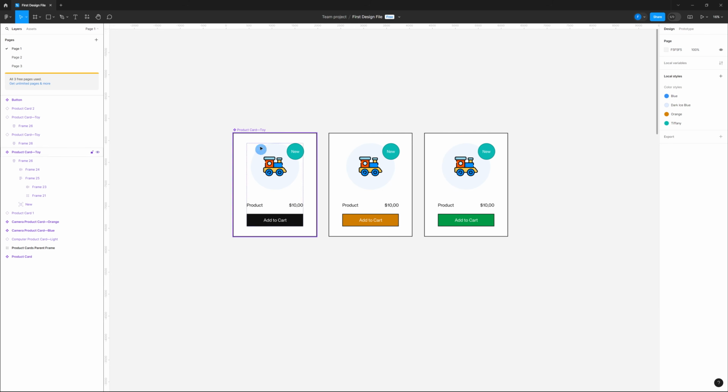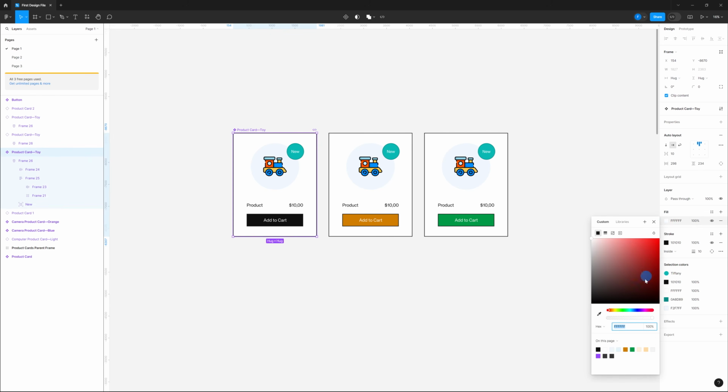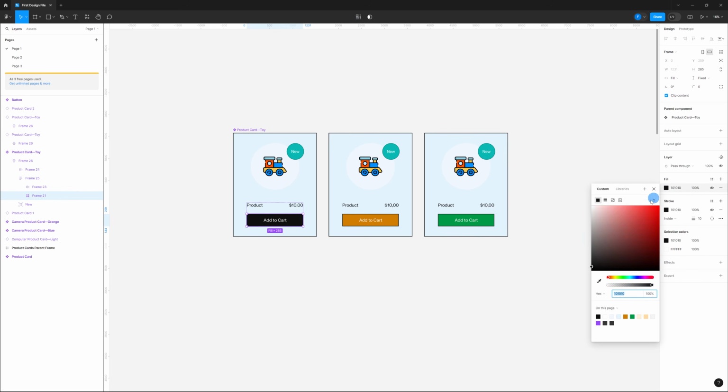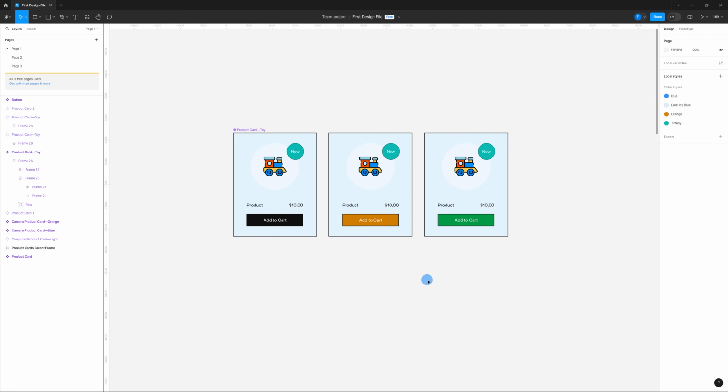But let's change the background color of this main component right now. Let's change it. And as you can see, they are still linked. But the buttons of these instances are detached from the main component. So if we change the background color of the button of the main component, you can see that it doesn't change the color of these two buttons. And that's because these buttons are detached from this component. This way you maintain the flexibility to customize specific instances while keeping the benefits of using components for consistency and